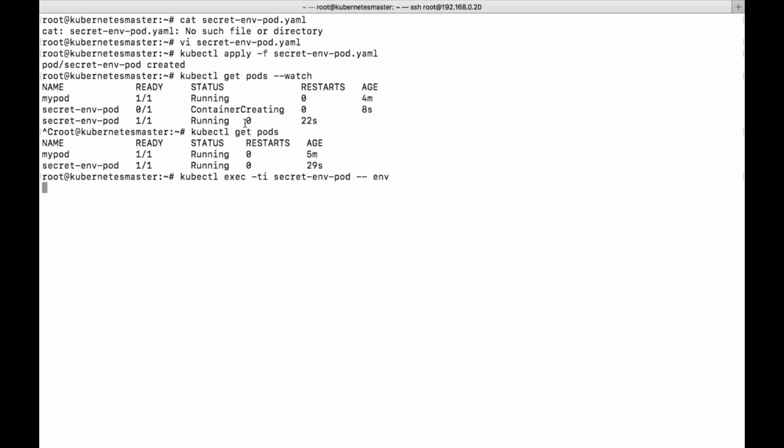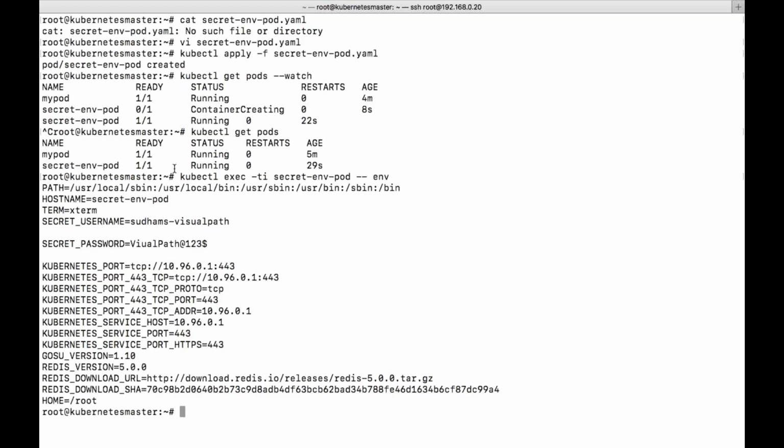Okay, so you can see here secret username and secret password. So this is how it is created. So this is how we give our environment variables to your creation of the pod.